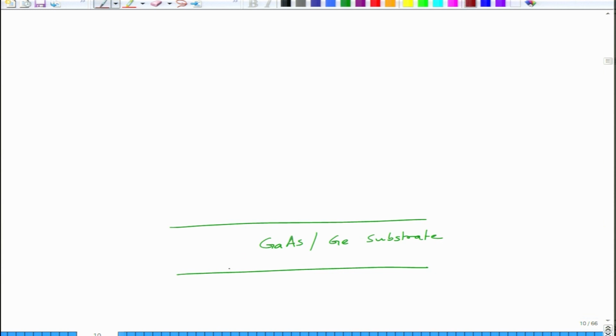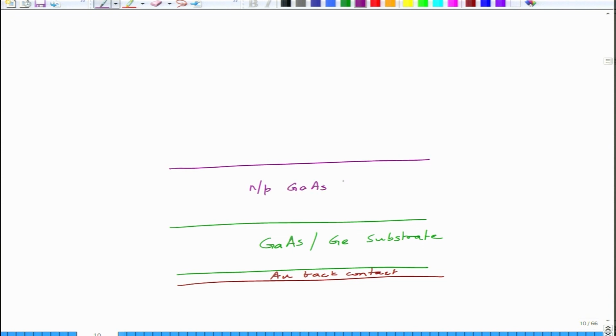On the back you put a metal contact, a metal contact of gold, and then on the top we have an NP gallium arsenide bottom cell, the cell at the bottom, and this has a band gap of 1.42